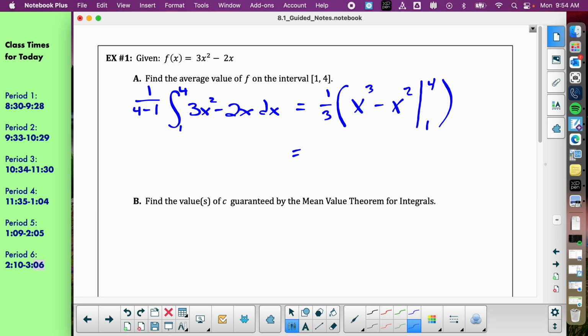Is it just 1/3 x cubed minus 1/3 x squared? Oh, did you just distribute that out? Yeah. Okay, I was hoping you could do this portion for me. Well, what you said wasn't wrong either, you could multiply that out now if you wanted. I'll do it afterwards, just to save space, because I hate writing fractions.